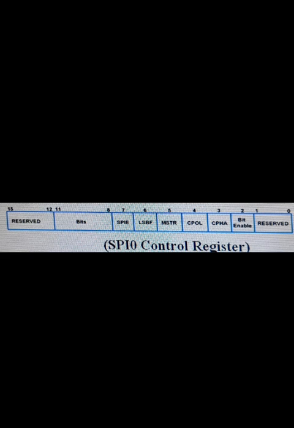SPI is a full duplex master-slave communication protocol. That means only a single master and a single slave can communicate at the same time. The SPI embedded device works in two basic modes of SPI operation.